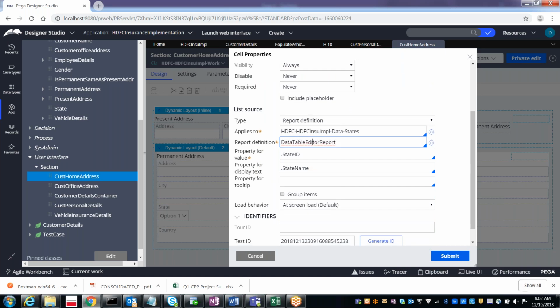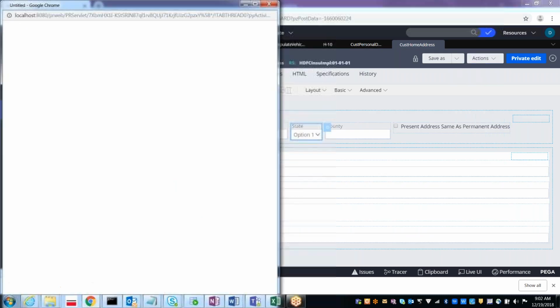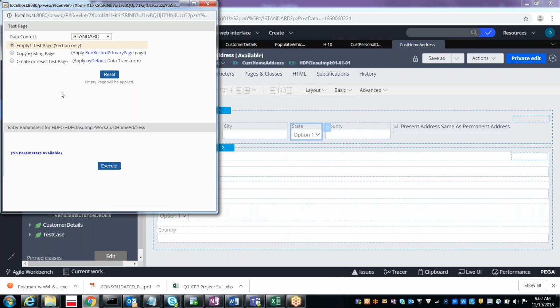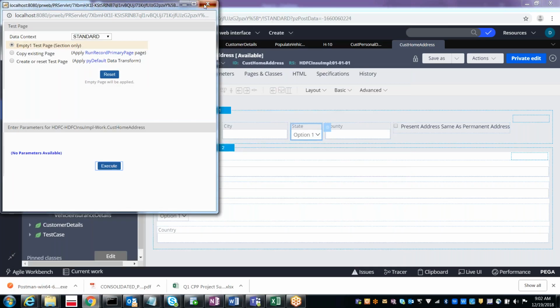Everyone remembers, right? So through the report definition, when you run this section, the state is getting populated, right? So how did we populate these state values?